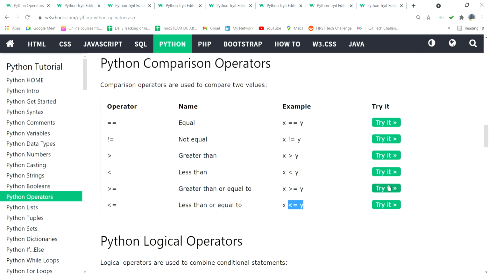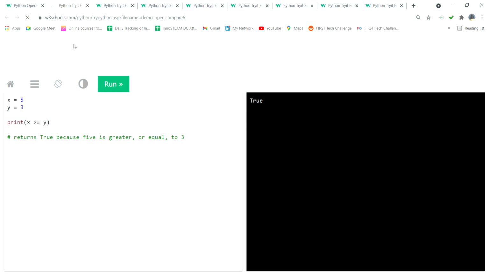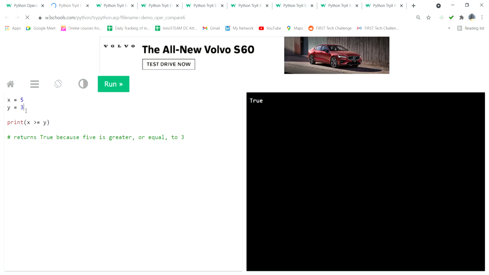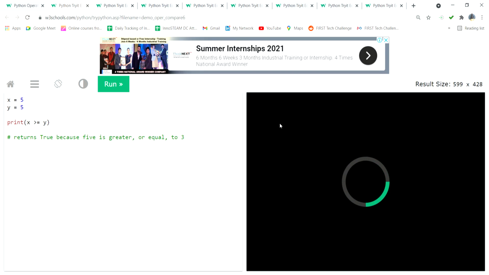Greater than means the value will be greater only. Less than also like that. Greater than or equal to means the value may be greater or equal to, both are acceptable. If you give an example, then you can understand very clearly. Suppose I give 5, here also 5, the value will be coming true.